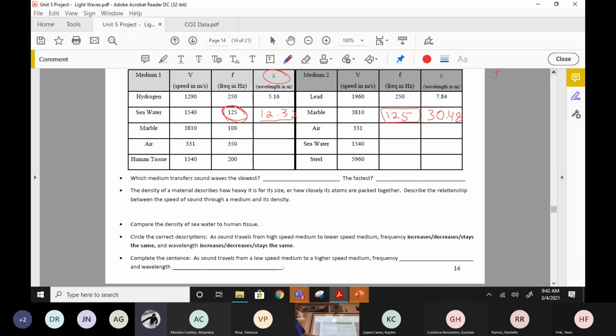So what did I want you to do? Describe the relationship between the speed of sound and its density. The faster it is, the density. But that's actually backwards. It's because the density causes the speed to increase. Think about this. If the molecules are packed closer together, would it be easier for the sound to vibrate them? If they're spread apart, it would be harder for them to bump into each other, wouldn't it? So does density influence the speed of sound?